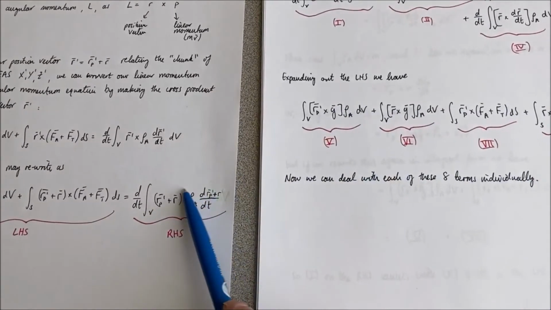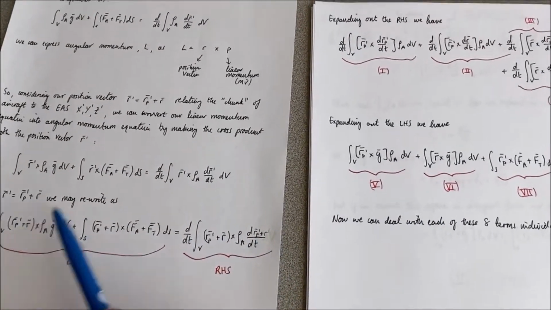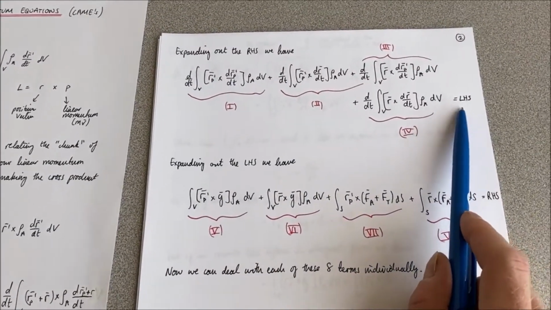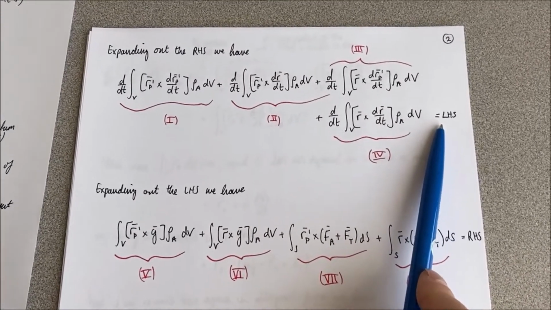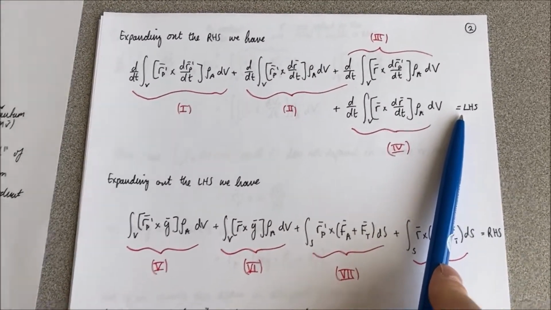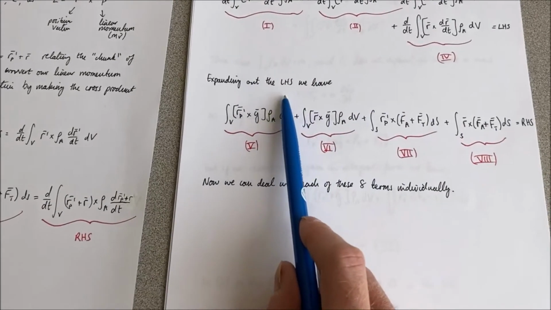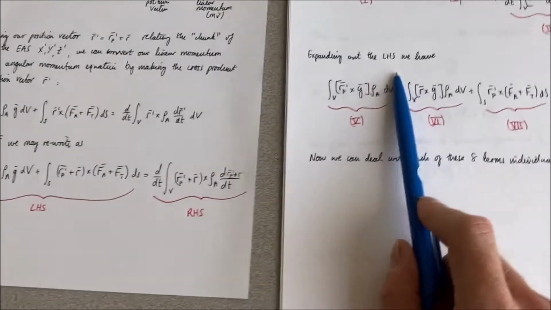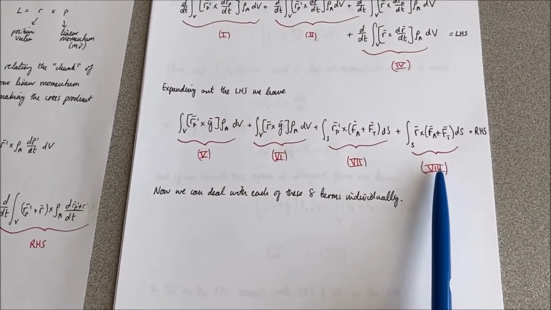And obviously the expansion of this equals the left hand side, which is just what I've written here for mathematical correctness. I've also expanded out the left hand side, so again I get 4 terms